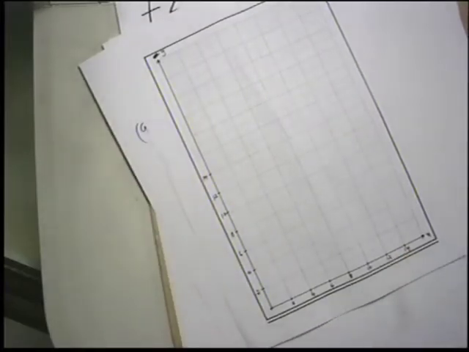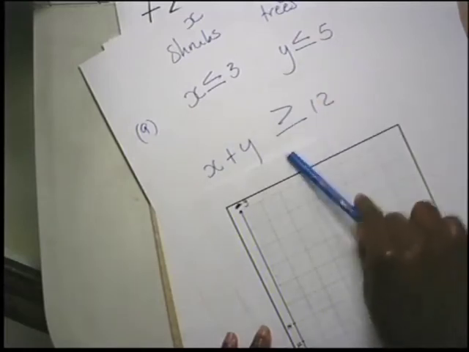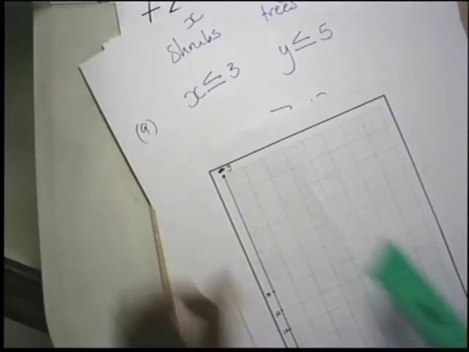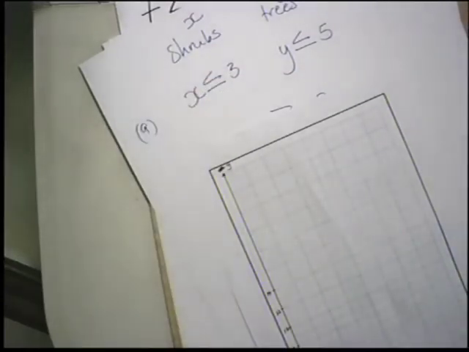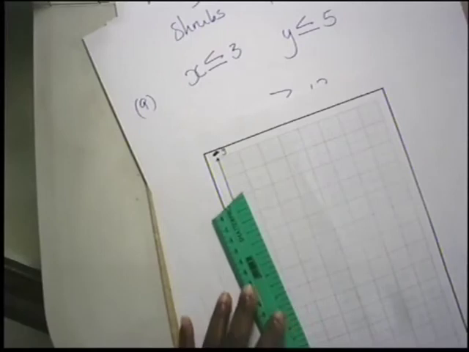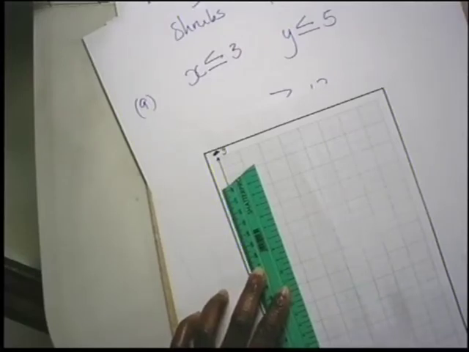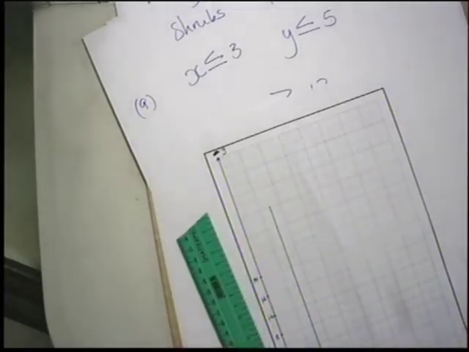Now use your axes to draw graphs to represent your inequalities from part A, and then shade any unwanted region. Remember, we have these three inequalities. So then we are going to draw them here in our graph. The first one is x less than or equal to 3. Remember that one, we have to use a solid line. Okay, x. So then for this one it's going to be there. 3 is between 2 and 4, exactly there. You can draw your line there, which is a solid line.